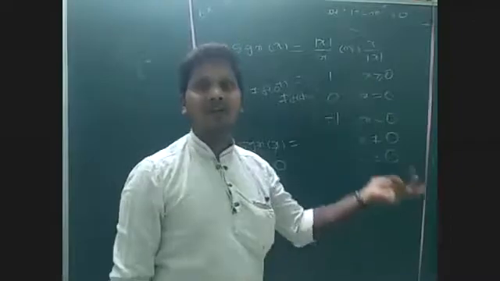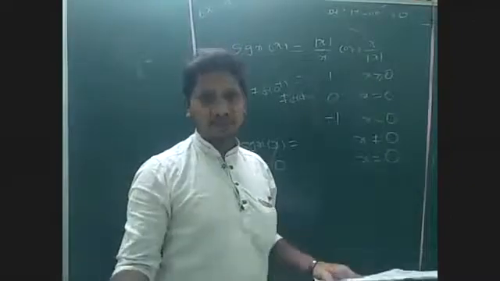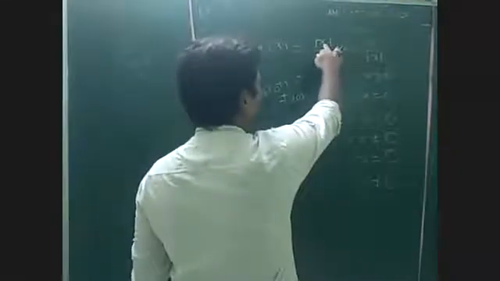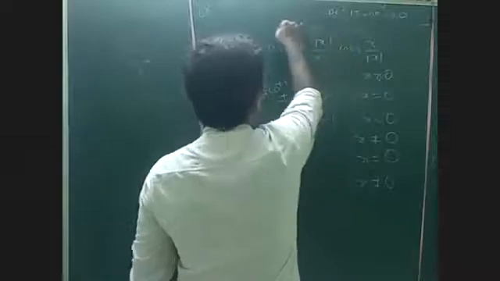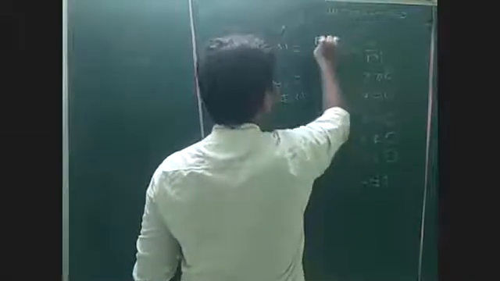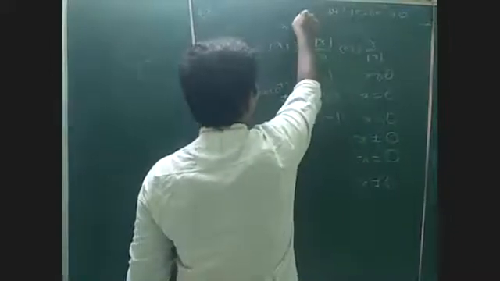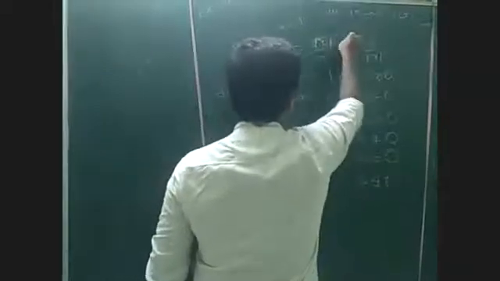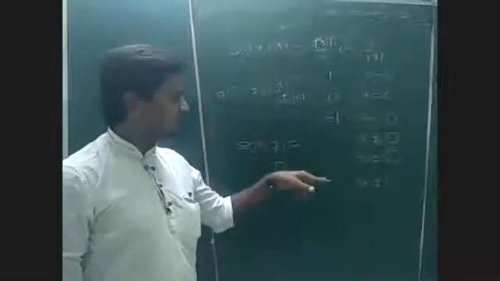But for x not equal to 0, it is always continuous. Why is it continuous? We can take any other value. Substitute x equal to 1 or minus 1. Modulus of 1 by 1 is 1 only. The left hand limit also becomes the same value as the right hand limit. So except 0, it is continuous.